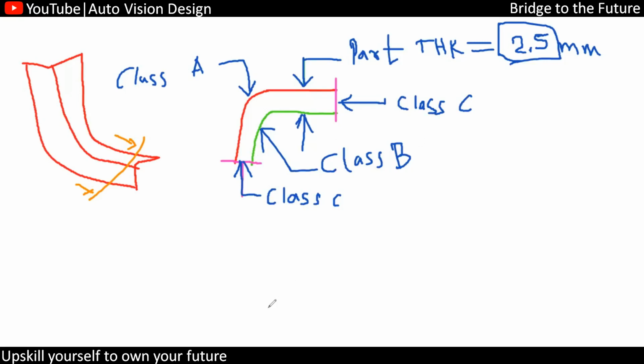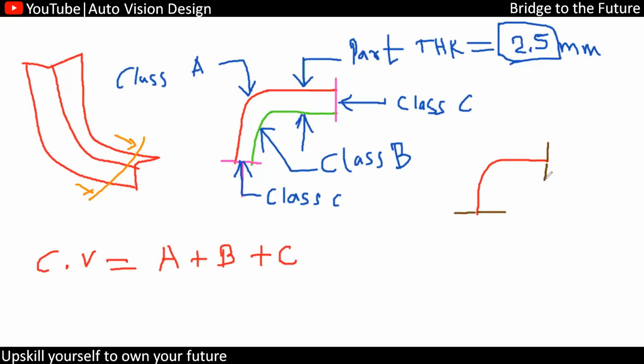So what is a closed volume then? The most important thing is what is a closed volume. A closed volume is nothing but the joining of class A plus class B plus class C. It might be a joint, it might be a trim. Suppose you have a class A surface something like this. In that case, you need to trim over here. Suppose we have class A something like this, then again you can find something like this, we're going to have the C surface. We have the C surface something like this.